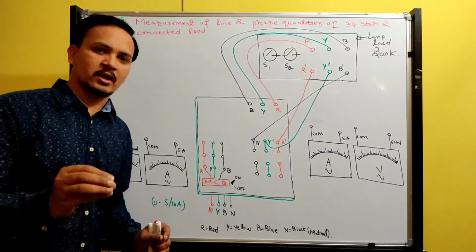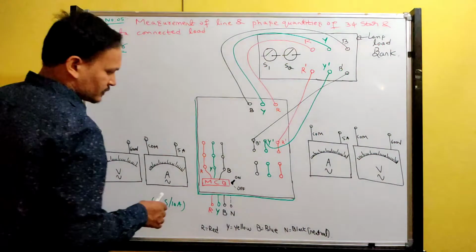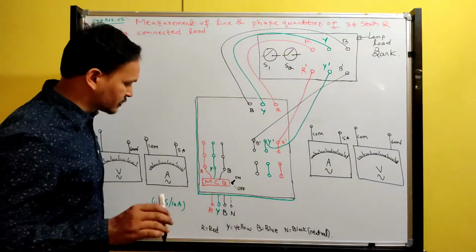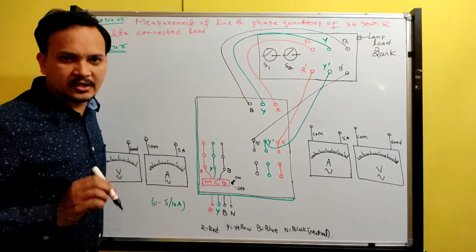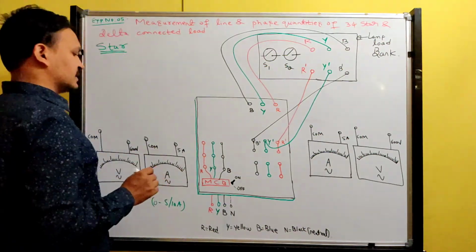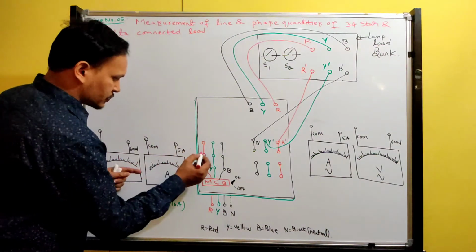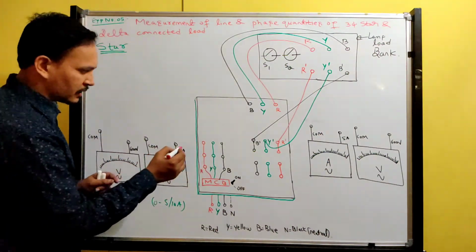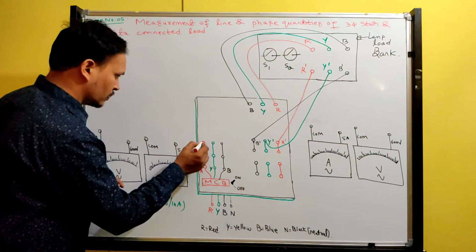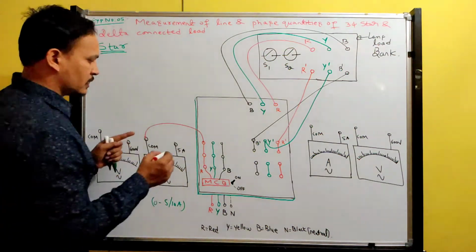Now, you should start doing the connections. Whatever circuit diagram you have written, like that you do the connections. First do the connections without having voltmeters. Without having voltmeters, do the connections. Let's start with the ammeter. From R phase, it is connected to the common of the ammeter.